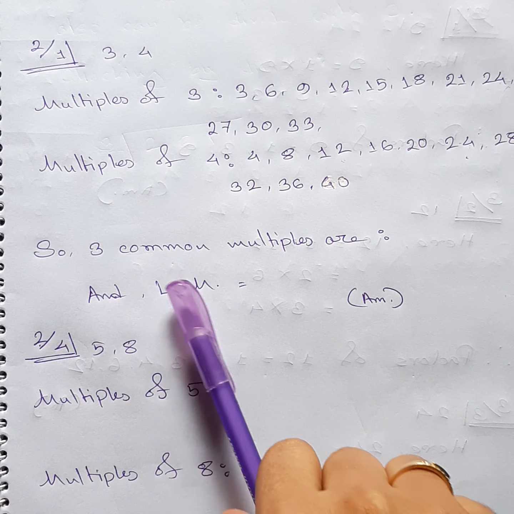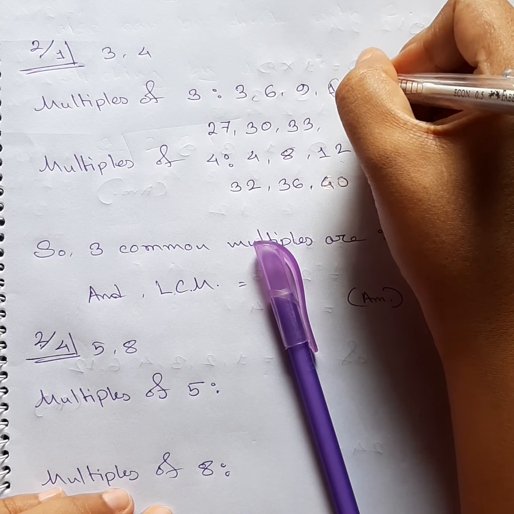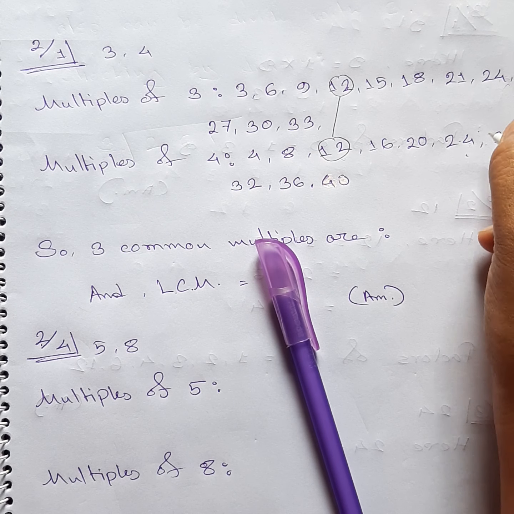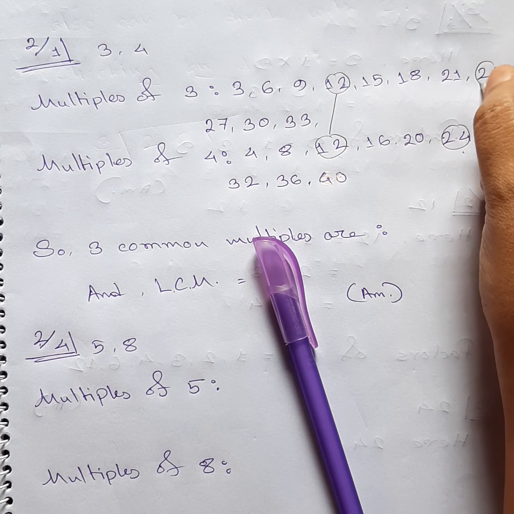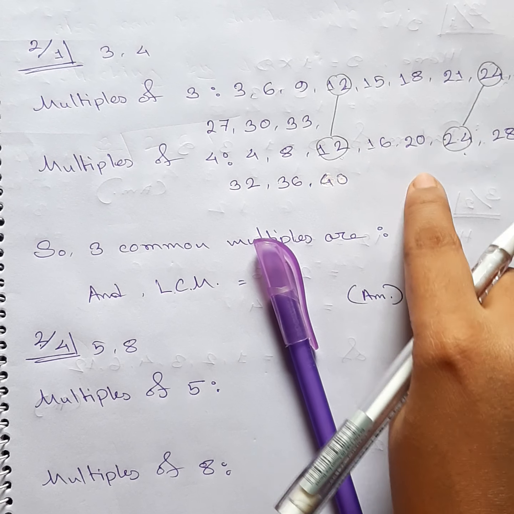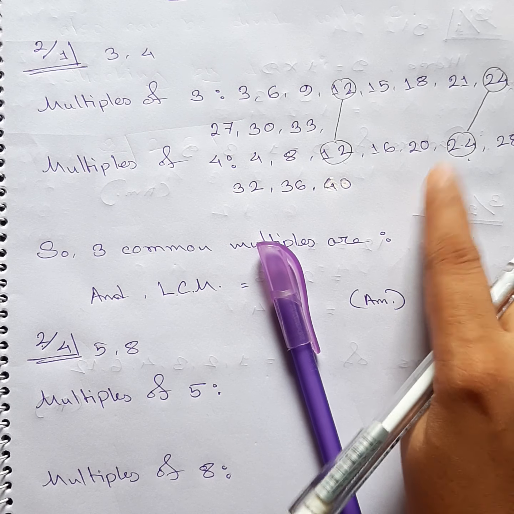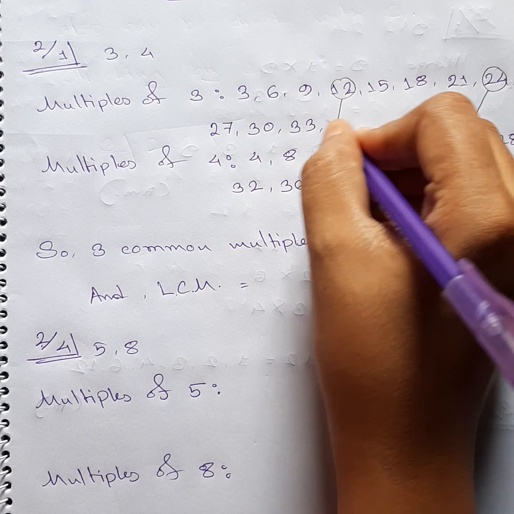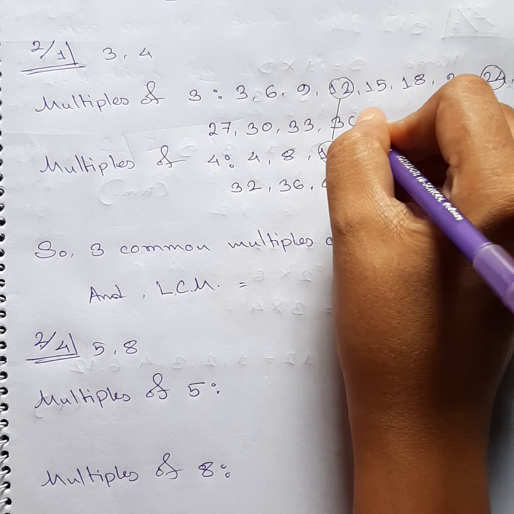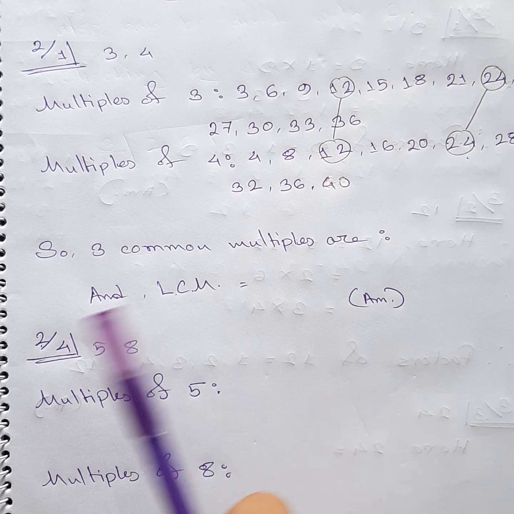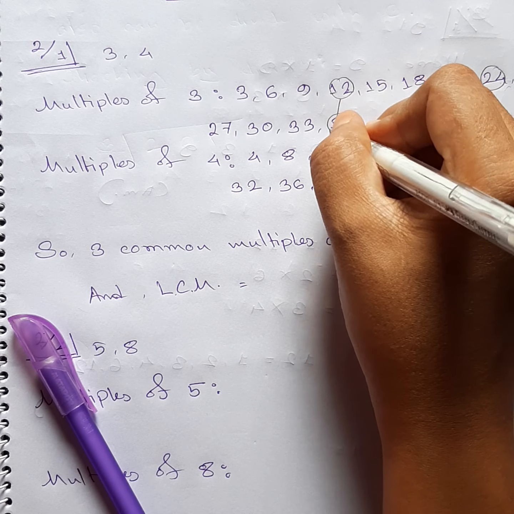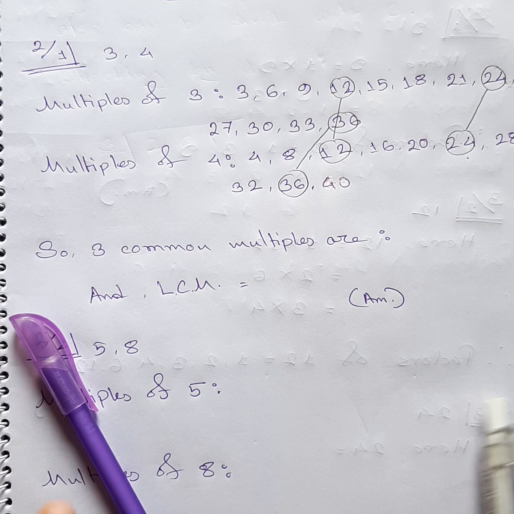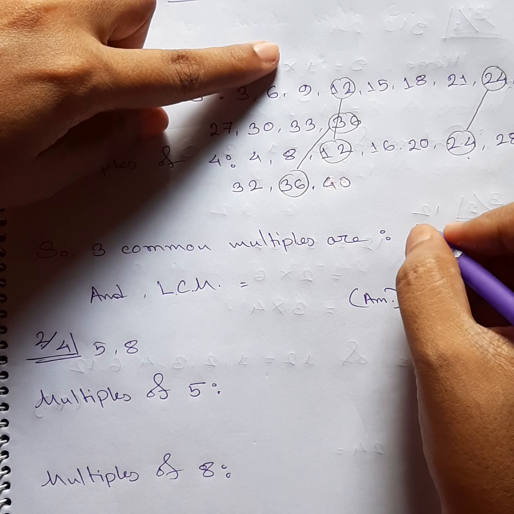Here we have 12 and 24. These two are already over here, and still another one is missing. So we are going to write down a few more for the number 3. Yay, we got another one, right? So this one and that one, and we are going to just join them. So the 3 common multiples are actually,